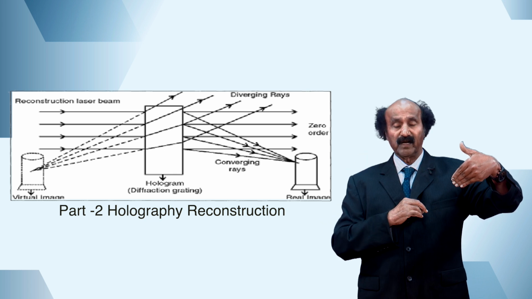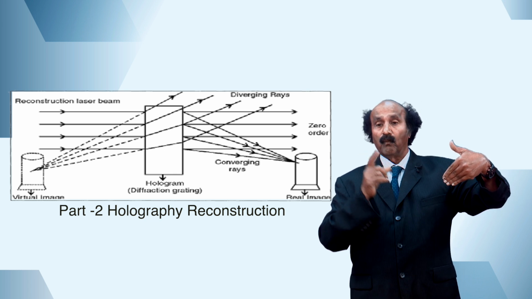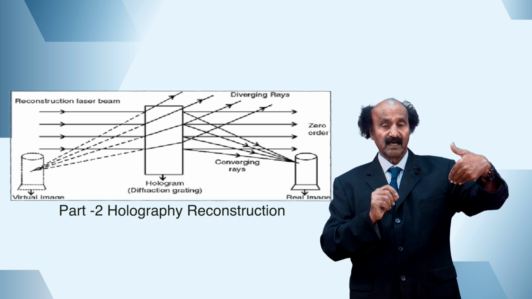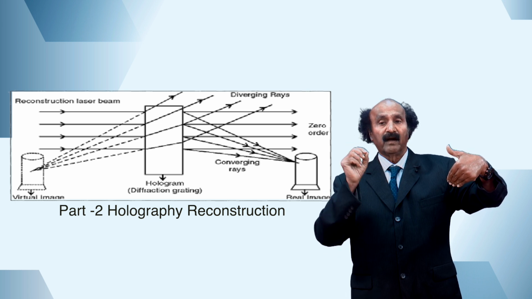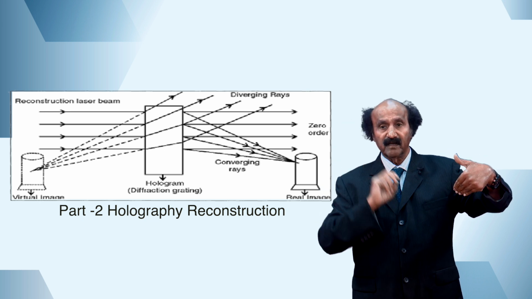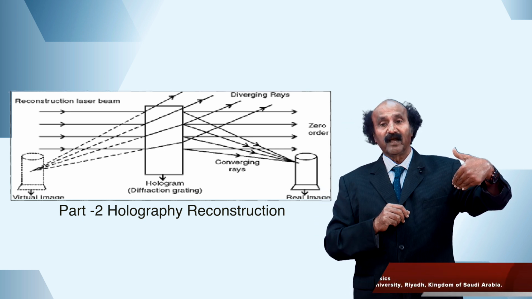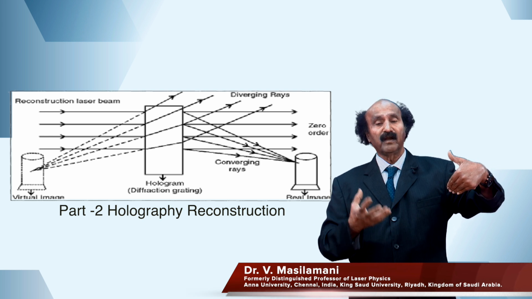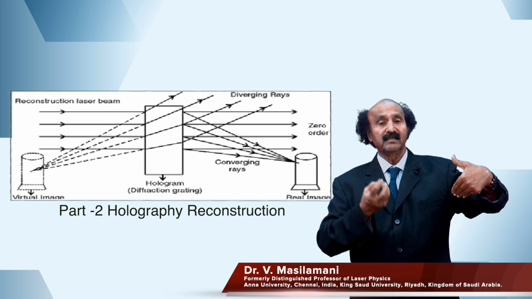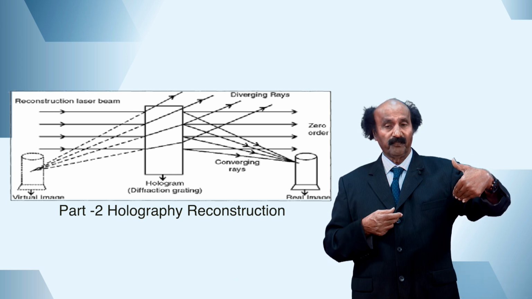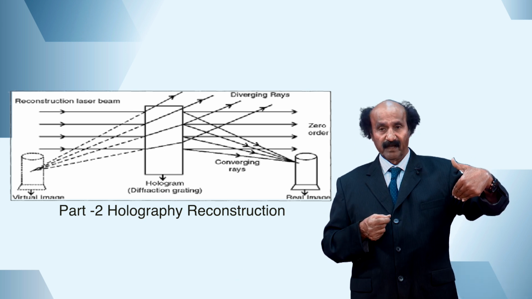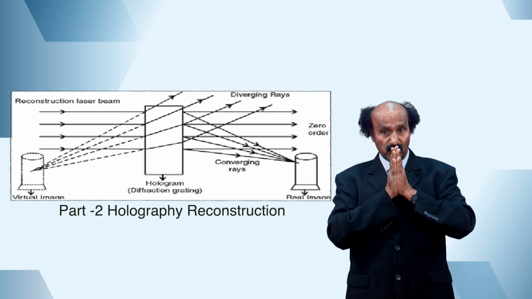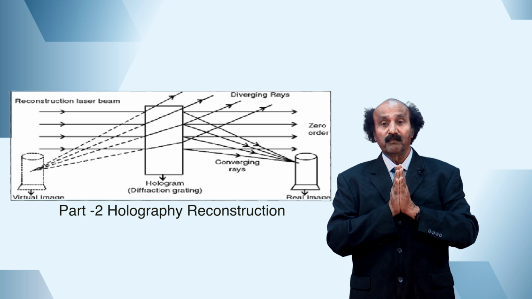You must have seen this one in any interference fringes. Only difference is, this will be a random dark and bright fringes. It will not be something like an interference pattern of a single slit or double slit. It will be a randomized one, because the object will not produce very normal, orderly wavelets, it will produce random wavelets. In whatever case, the laser beam will fall on the processed holographic plate, then it will produce a